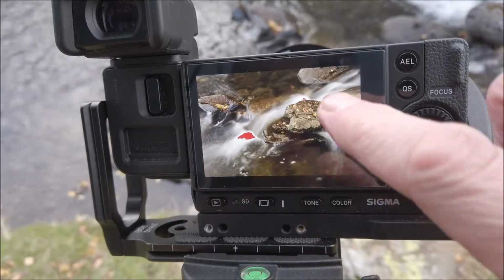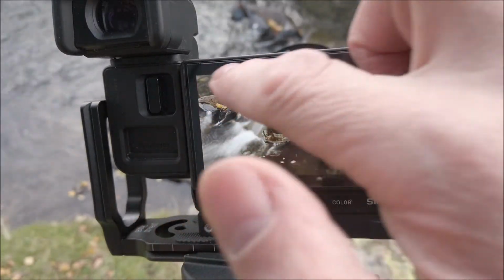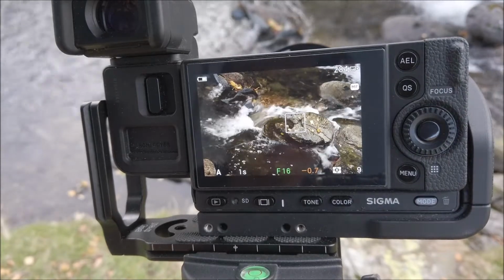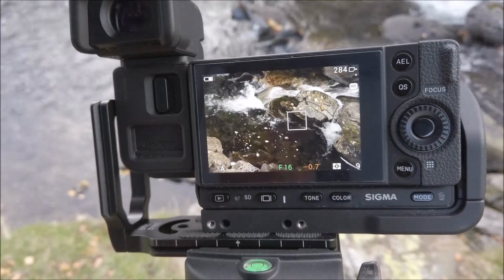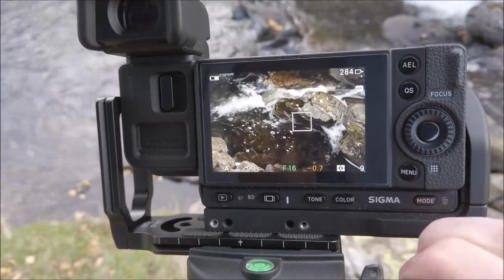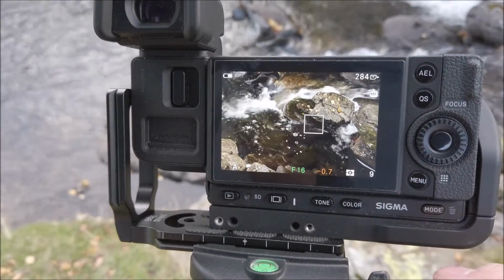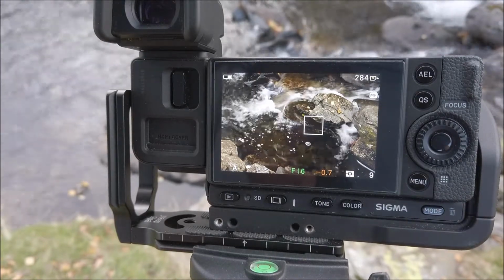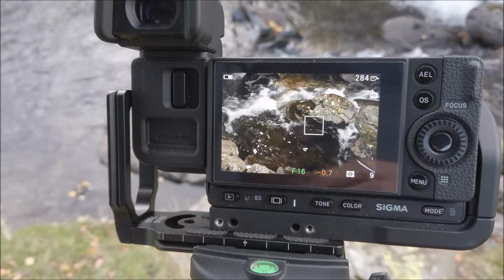I've actually just wondered whether my framing here could be improved. So I'm just going to recompose that one more time. No, that's not going to work, is it? So I can't do that on video. I'll do it off video, and then I'll show you the final result.